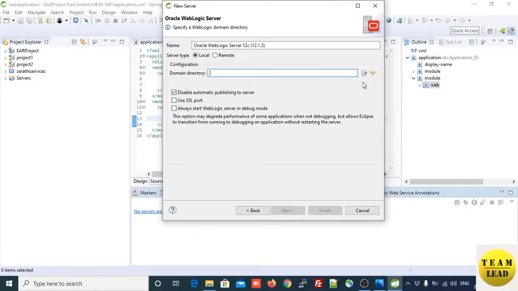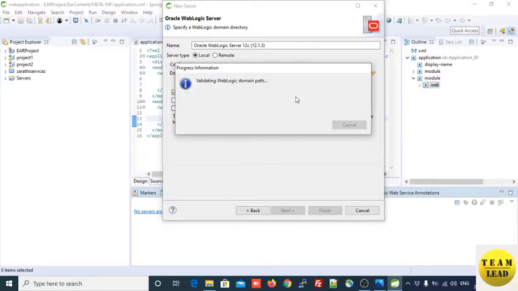Now we need to configure the domain name here. As you set the runtime environment, it will automatically guide you to select the domain that you created at the time of installation of your WebLogic server. So I'm selecting base domain. Process information is in progress.